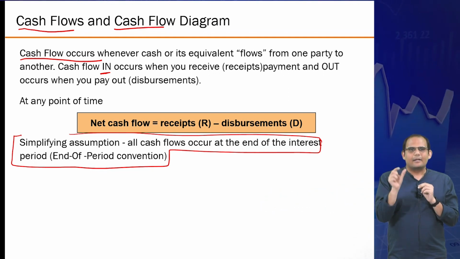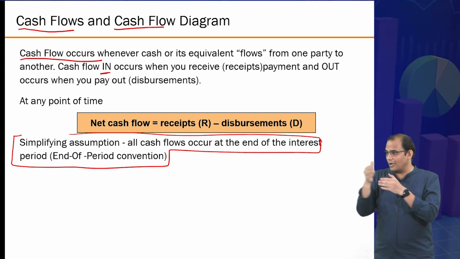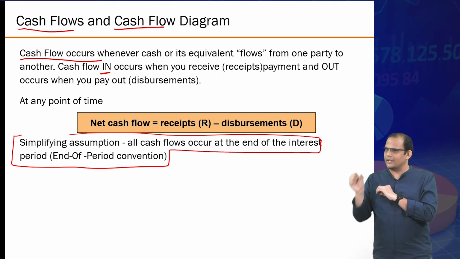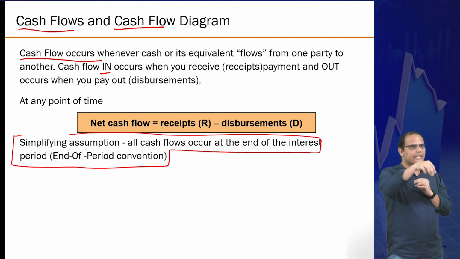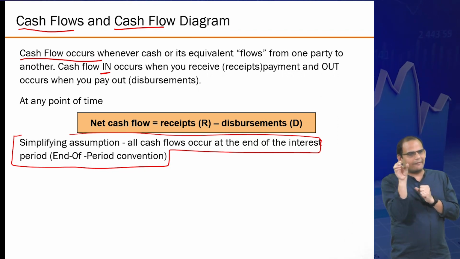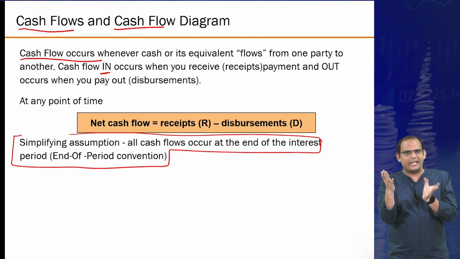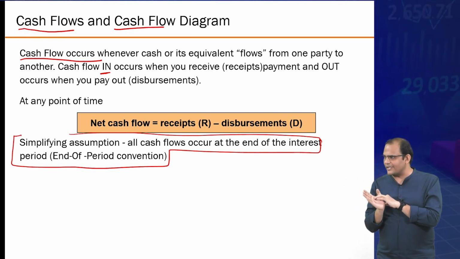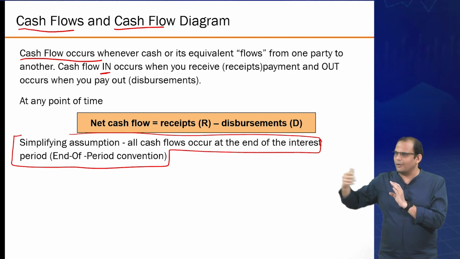The idea is that the small window of period that you are not considering does not have a huge effect on your analysis, because time is continuous, but ultimately you are making it into discrete events. So you are assuming that whatever is happening in between that period is not significant enough to change the outcome of your analysis. But in certain situations, that assumption can be questioned, and therefore you can also have your own